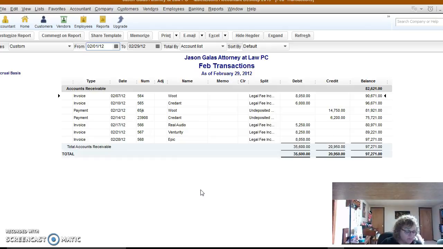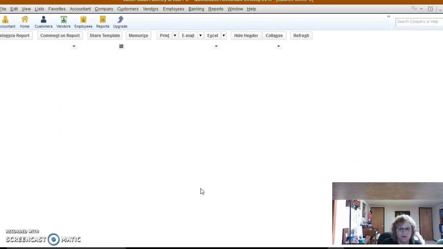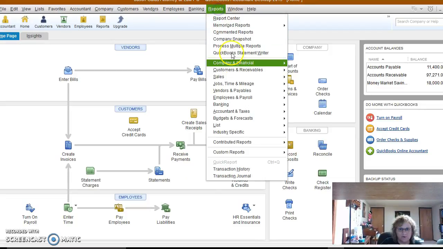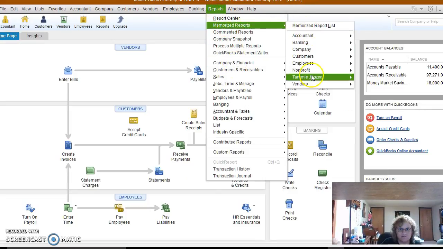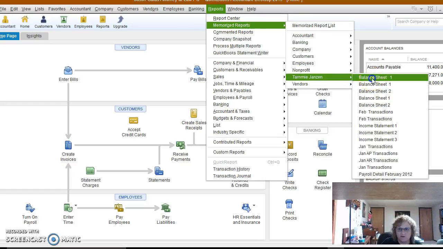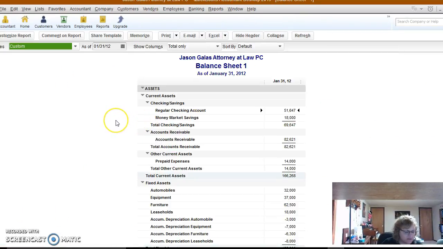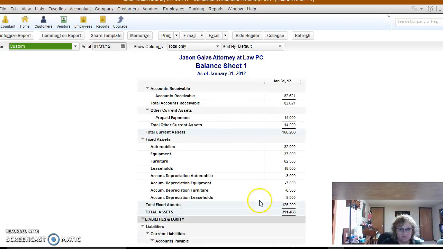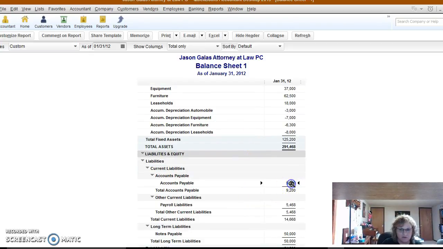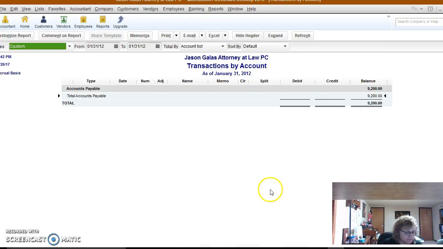Number 5, report of those transactions recorded in January 2012. So we're going to go back to the reports, our memorized, Tammy Jansen. We'll go back to that first balance sheet, should be in the month of January. And we want a list of the transactions that affected accounts payable. So we scroll down here, double click on accounts payable, and without a report basis, we got to make sure